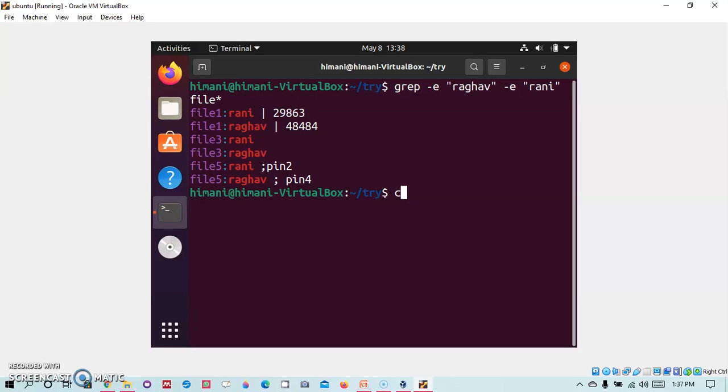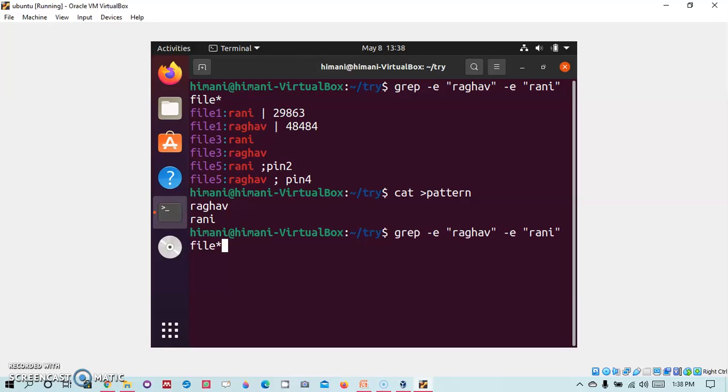So what you can do is you can cat a file, and you can put the patterns in the file using the cat command.